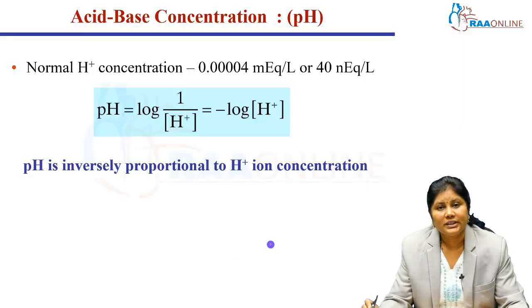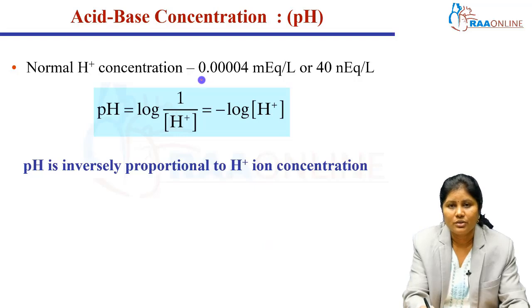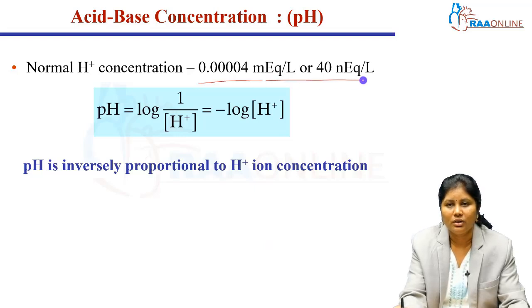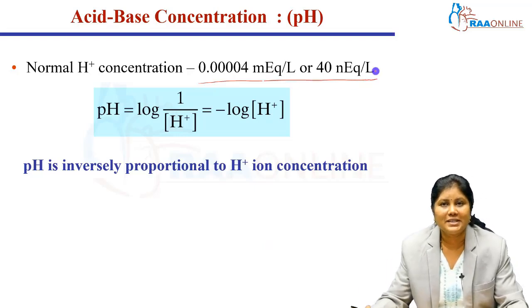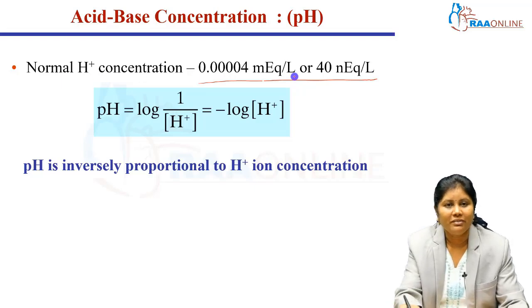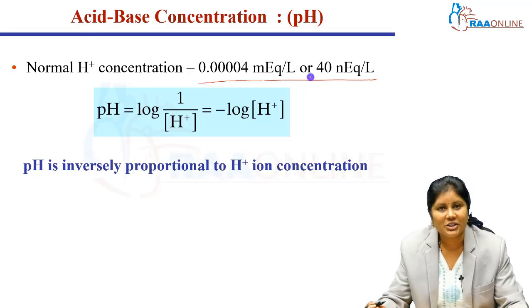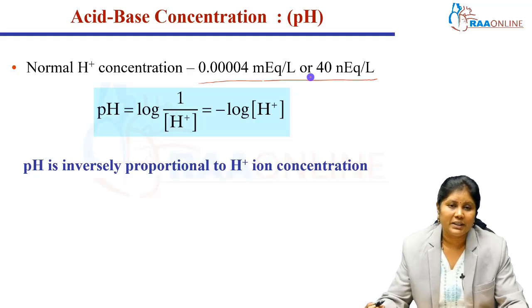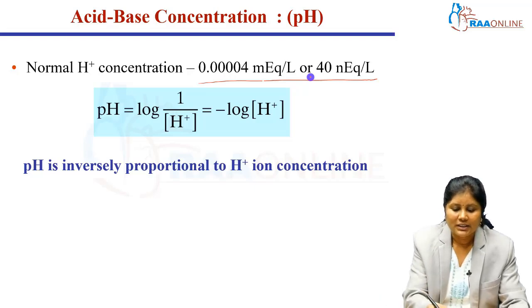Normal H plus concentration in our blood is roughly around 0.0004 milliequivalent, or for easier remembering, we consider it as 40 nanoequivalents per liter. Okay, this point we will repeat again and again in this session itself. Normal H plus concentration in blood or in our ECF is 40 nanoequivalents per liter, and it is quantified